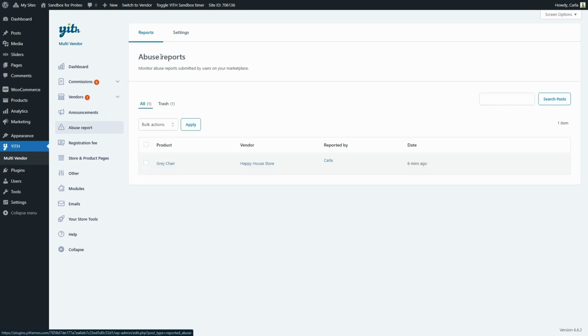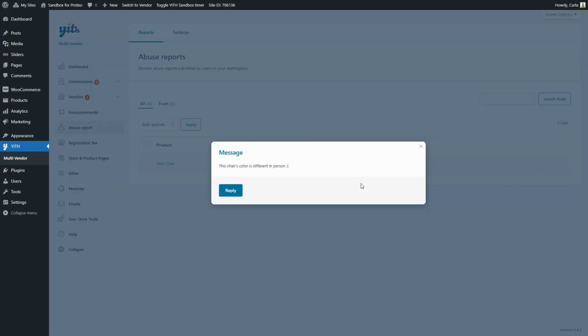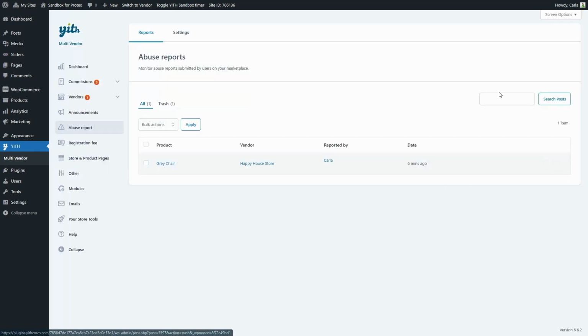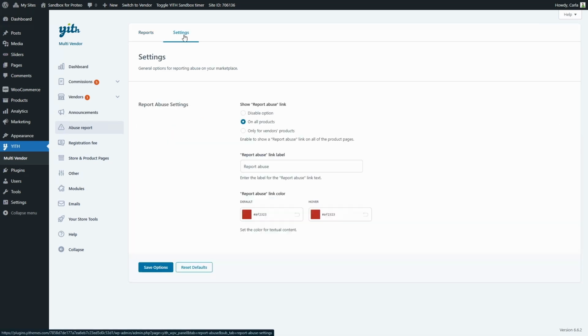So here in reports, we're going to find all the reports that customers send. We're going to see the product they reported, the vendor that owns the product, who it was reported by, and the date. And we can click on view to see the report. For example, here we have the message, which is to let us know that the chair that the vendor is selling is a different color. We can click here on reply to send an email to this user. We can delete it, search for specific reports, move several to trash,